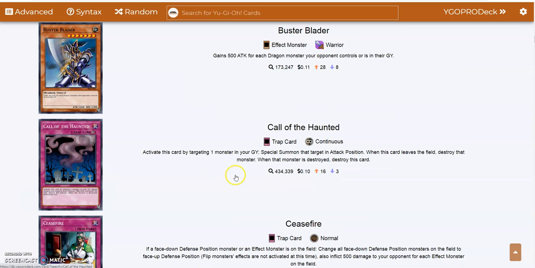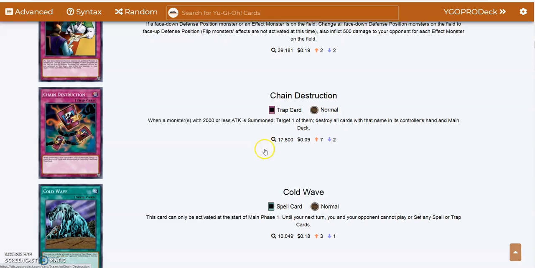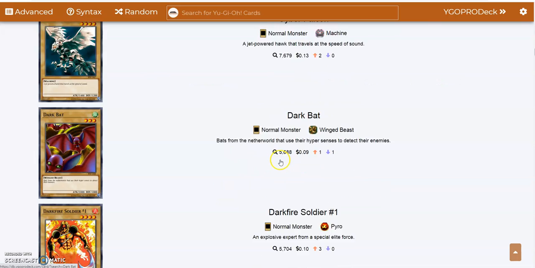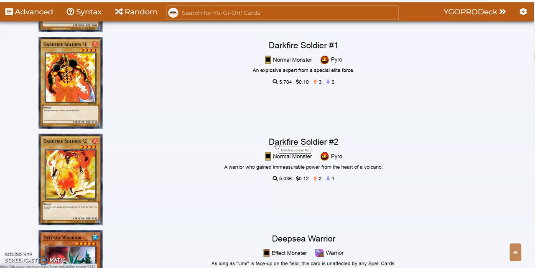ooh, that's a nice one there, Call of the Haunted, Ceasefire, Chain Destruction, Code of Soul, a really good reason for this card to be banned, one of the best cards to be banned right now, it's insanely broken, Cyber Falcon, Dark Bat, Darkfire Soldier number 1, Darkfire Soldier number 2,